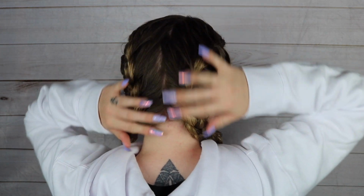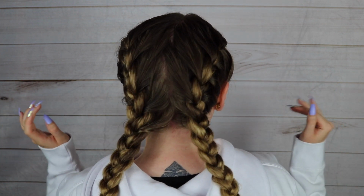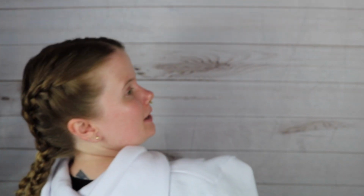But here's a full spin, just a traditional French braid. Got 2 of them down my hair, all the way around. Look at that, snazzy. But yeah, super simple, doesn't have to be perfect, just want 2 French braids, that way you get all the